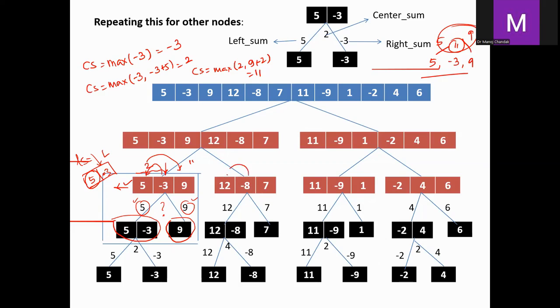So in this way, it is possible to calculate the center sum for the remaining elements. For example, here it is 8 minus 4, minus 8 plus 12, that is 4, and 4 plus 7, that is 11. For example, here it is minus